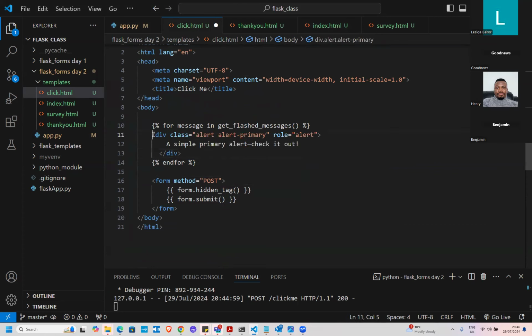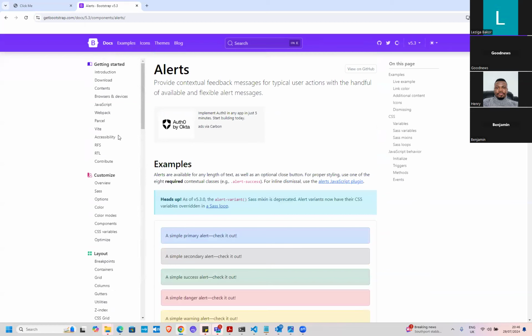Okay, so I have this. Instead of having a simple alert, check it out, I will put my message there. So it will show my message. But this wouldn't work because my code is not connected to Bootstrap. So yeah, I forgot to do that. What you do